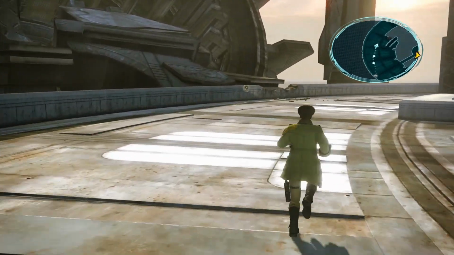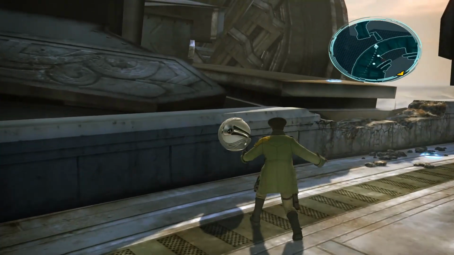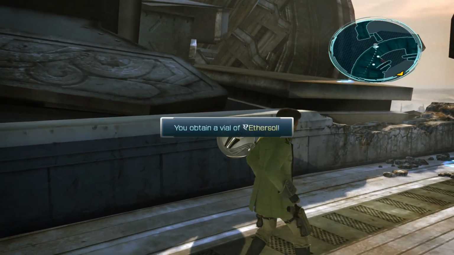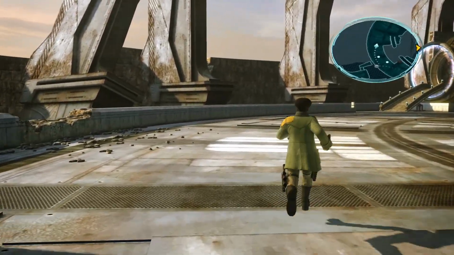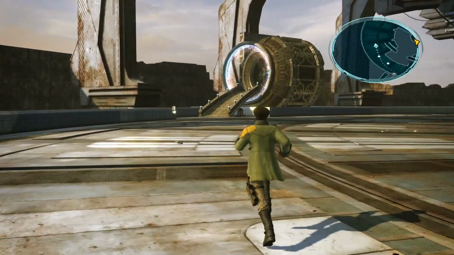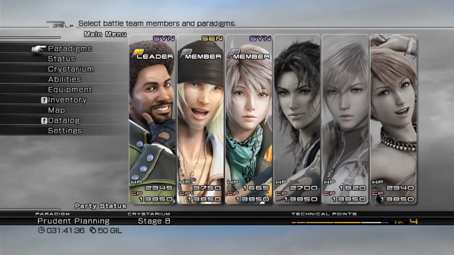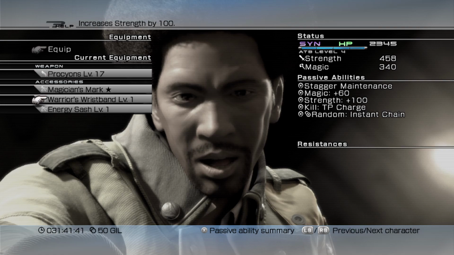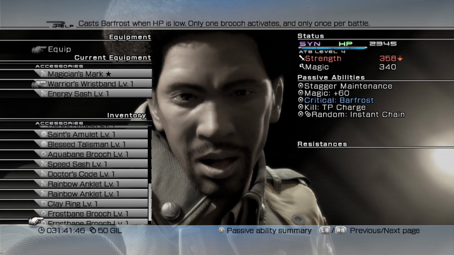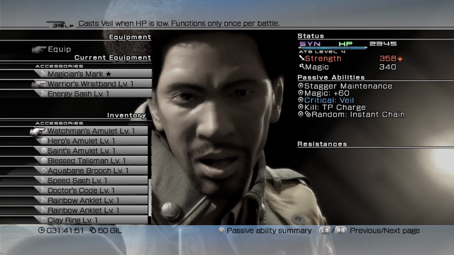I can switch some of my character's accoutrements to specifically target frost and fire. I should do that. I don't think about those things, but that's a good use of scouting time on a boss like this. Saying, okay, this thing is going to be quite the hard hitter. Maybe I don't need, say, energy sash or warrior's wristband. Maybe I want not that, but one of these